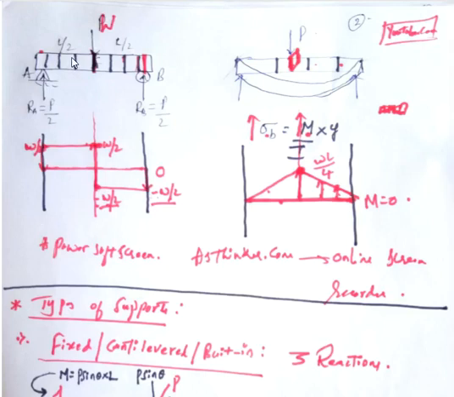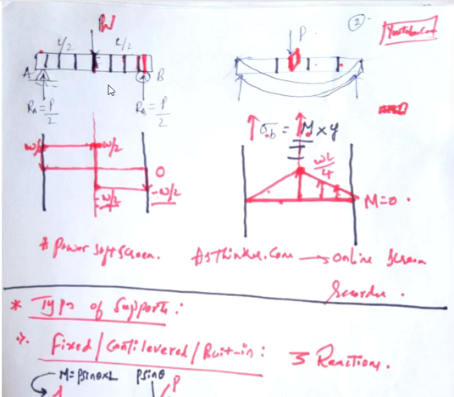Okay, now in the previous video we have seen that a beam is a structural member which is subjected to transverse load. Now when the beam is subjected to transverse load, we came to know that there are two effects that are taking place on the beam. The first is there is a bending moment induced inside the beam, and the second is there is a shear force which is induced inside the beam. But the thing we need to understand here is whatever shear force or whatever bending moment is induced in the beam, that is not going to be same throughout the length of the beam.